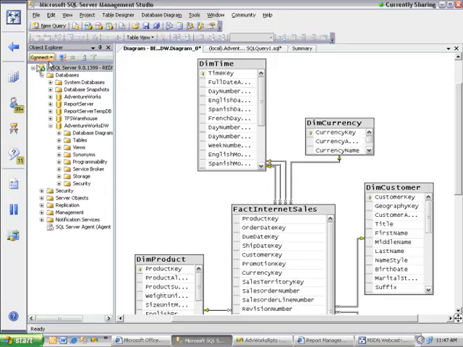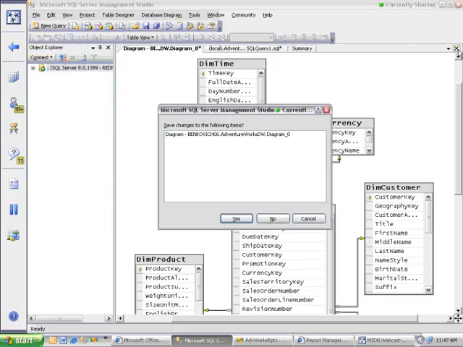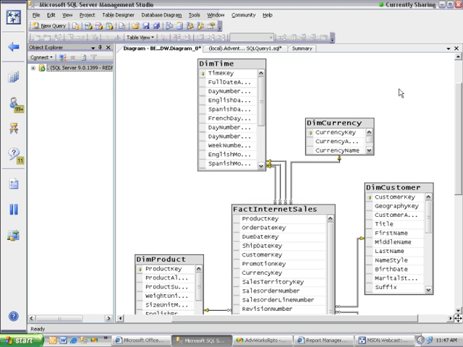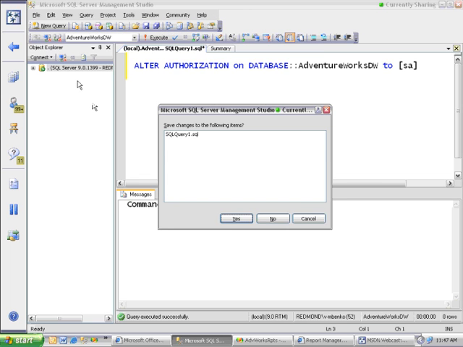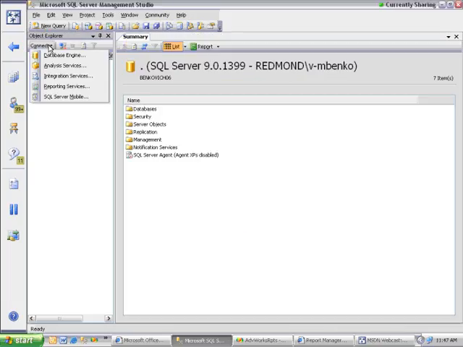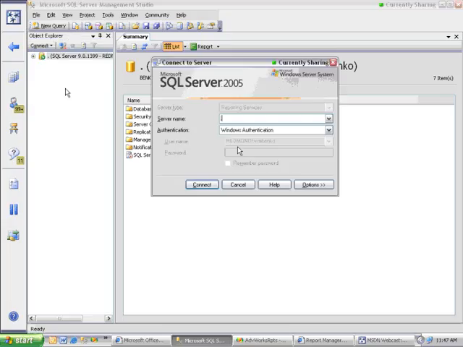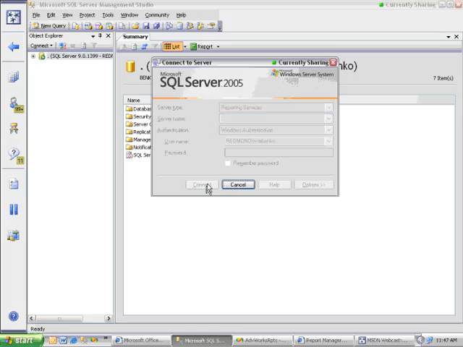Right now we're connected up to a database, and I'm going to close out my diagram and close this out. Let's not save it. But what I'm going to do is connect up to a Reporting Services type of server. What this allows me to do is to see on my local machine, I can go out and browse to all of the Reporting Services instances, all the objects that are contained within that server. So using the management tool, when this opens up here,